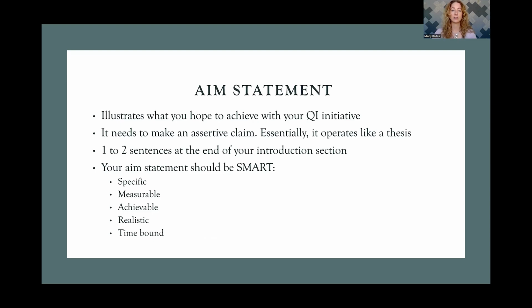I want to take a second here to talk about time, which is really important and specific to the QI paper. Essentially, what the QI is preoccupied with is not only the implementation, but how that implementation is done over time and the data that it produces with each re-implementation. So as you start this QI process, keep in mind that whatever your solution is, however you hope to implement it, you want to make sure that it can be successful within the time parameters you are given. That's something you should be thinking about at the very beginning. And you're going to see as we continue in this workshop that time is going to come up again and again.